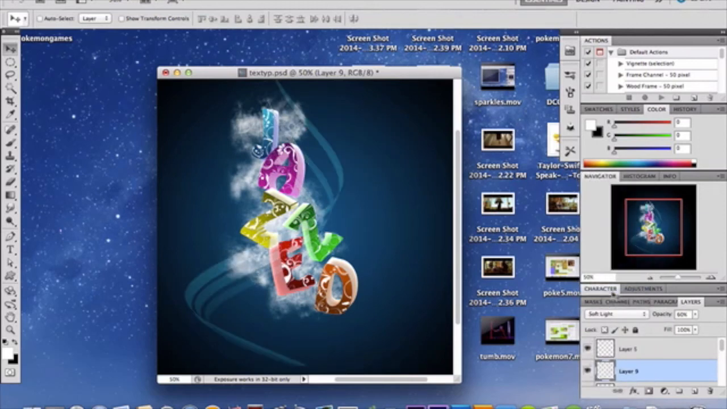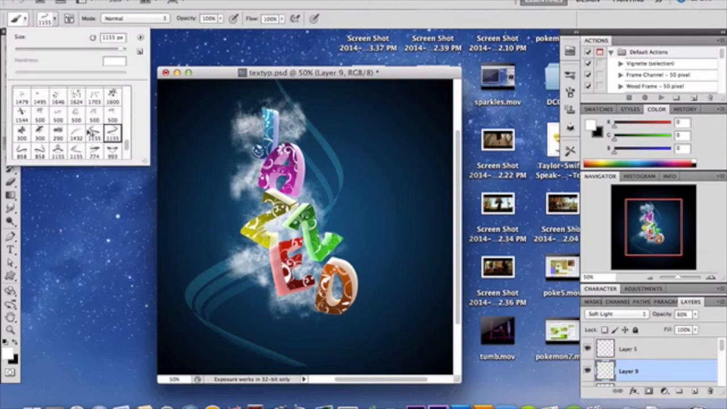That's awesome, right? Well, I think it could use some more. So I'm going to add one more brush to that particular layer just because I'm a cool kid and